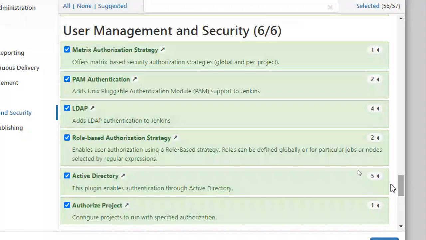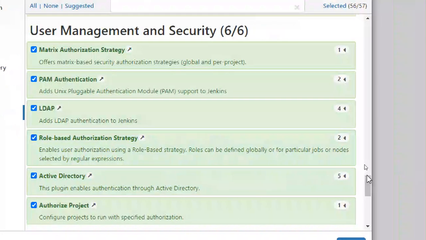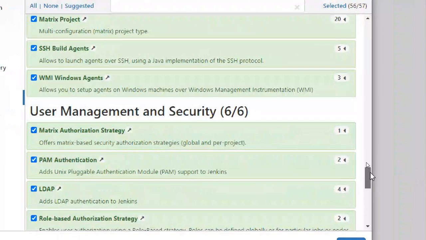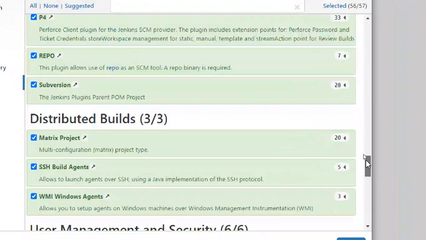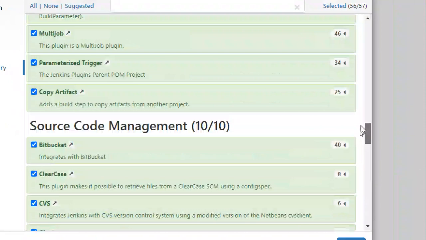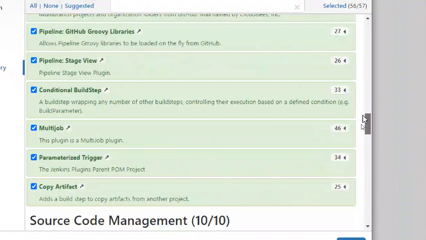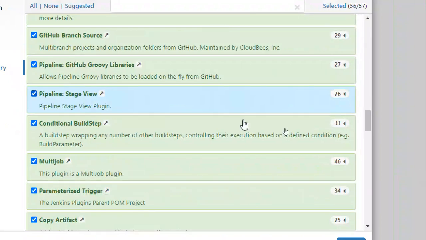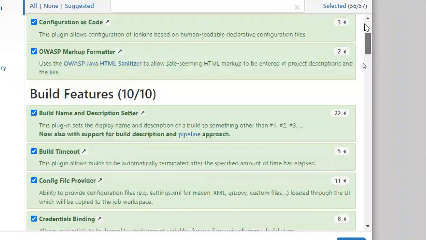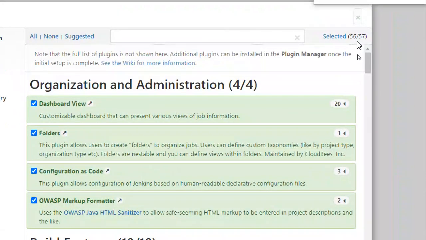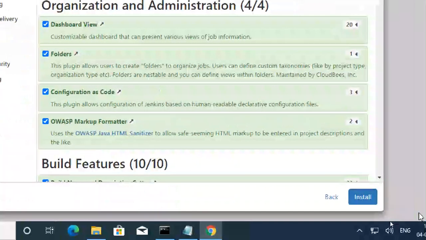Okay, this is the Active Directory plugin, role-based authorization strategy, LDAP, PAM authentication, matrix authentication, and there is one thing that we don't require. See, pipeline stage view. So out of 57, I selected 56, and no guarantee it is installed correctly or not.